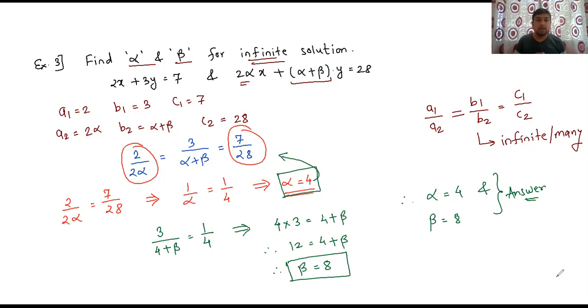So this is how the chapter linear equations in two variable, okay, we are concluding here. We have seen what are the linear equation, what are the systems of linear equation, how you can find the solution by three methods. Then we have seen some advanced problem and then conditions for solvability of system of linear equations, unique, no, and infinite solution, and then problems based on it. So this is a very important chapter, right? So hope all the doubts are clear.